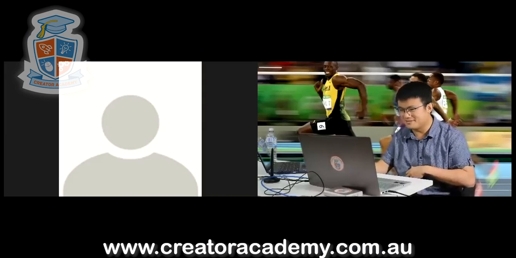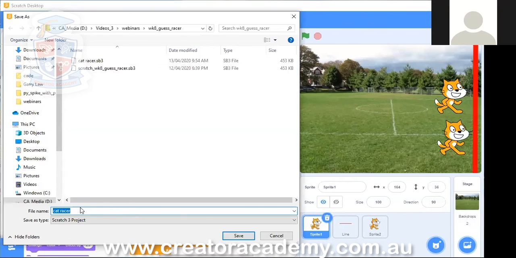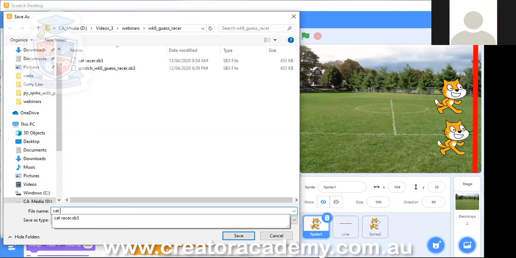Yun, you have a question? When I did File and I said Save, and I go out, I can't see anything. I can't see the Cat Racer. What? Did you go File? Yes. And then you go Save to your computer? Yes. And then you write down over here, Cat space Racer in file name?